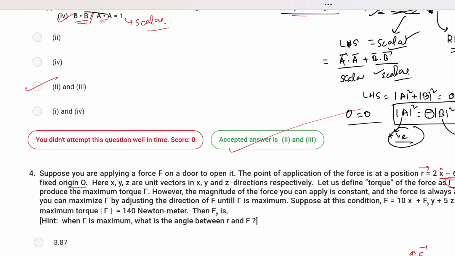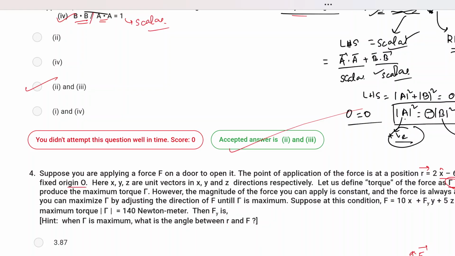Like the dot product I defined with cos theta or cos alpha, here the idea will be the modulus of r vector and f vector simply multiplied, and then sine theta. Theta is the angle between r and f. So this is how it is different from your dot product: in the dot product you had cos alpha, the cosine of the angle taken between the two vectors, but here you have the sine theta component.